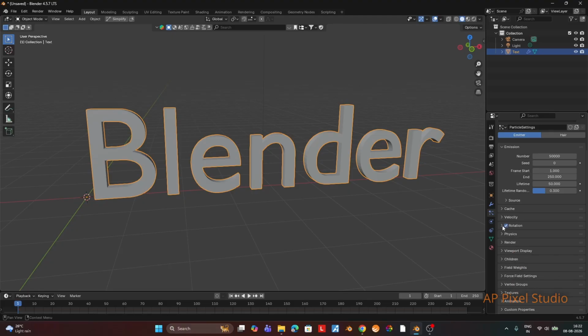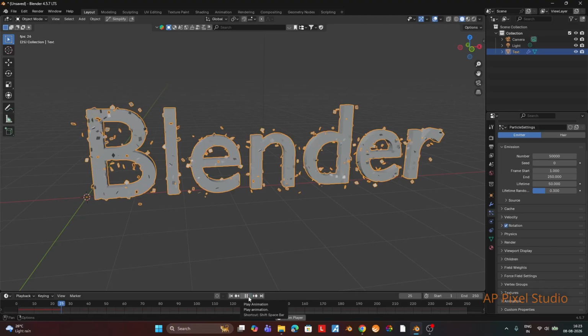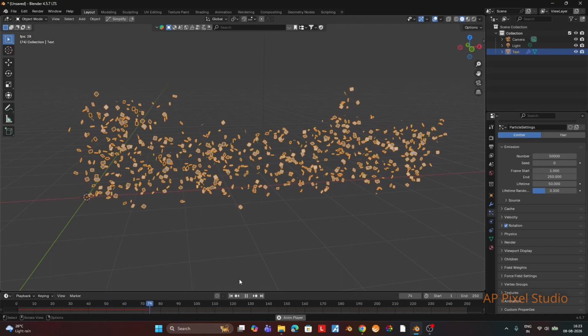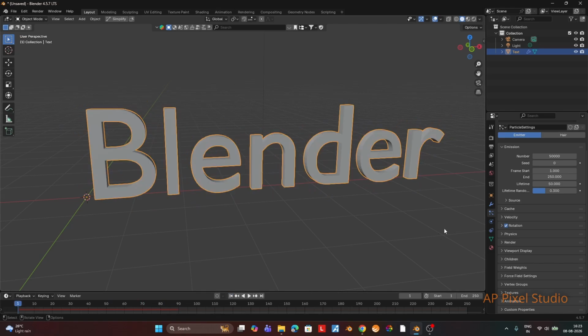We will apply some rotation on the normal direction and we will just randomize it a little bit, and phase also we will randomize it. And then we will go to field weights and we will disable the gravity so particles will not go down. If we just play, you can see the particles are not going down, it's randomly rotating in the same world space, it's not having any force fields.